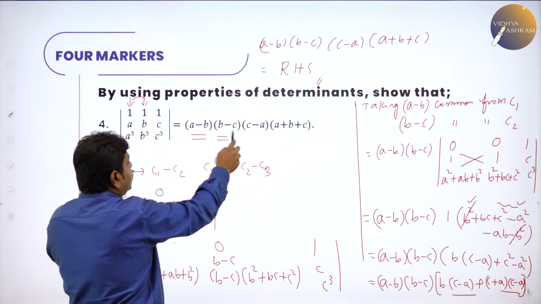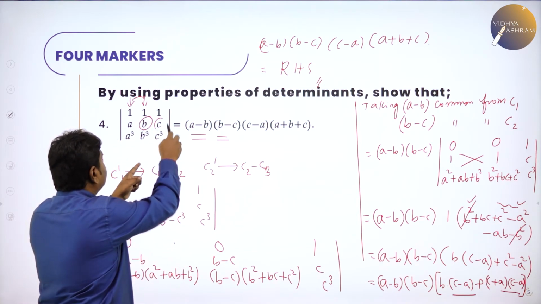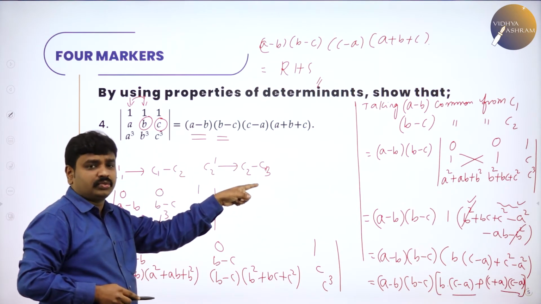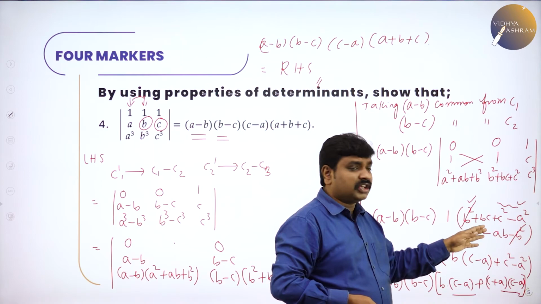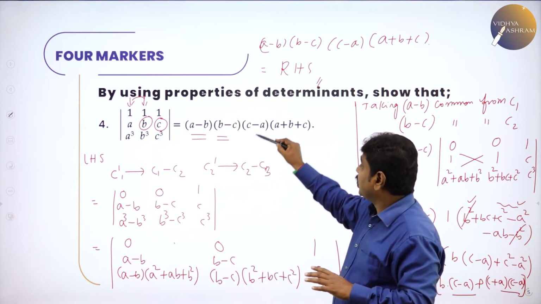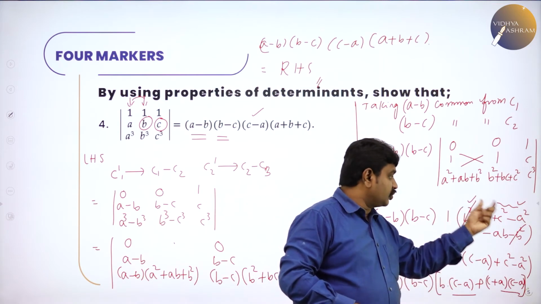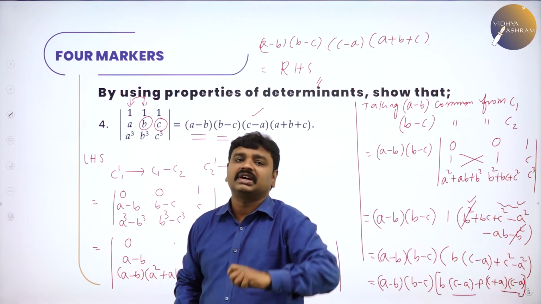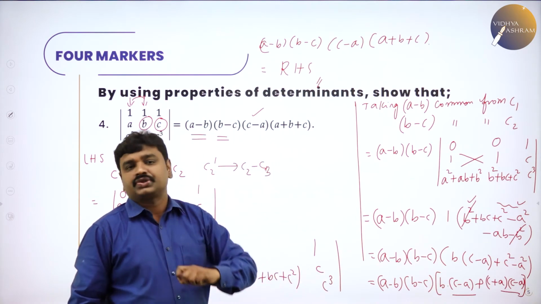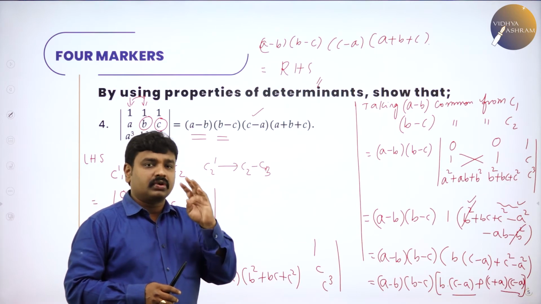Then we had B and C. B minus C: B is in which column? Second column. C is in which column? Third column. So I decided to do C2 minus C3. Then afterwards, normal expansion. After normal expansion, I have to reach my target. My target contains C minus A. So when I observed that C minus A is not there, C square minus A square can be written as C plus A into C minus A. Further simplify, you'll get the answer. I hope all of you understood this. So by now we have done important problems, 4 standard problems.